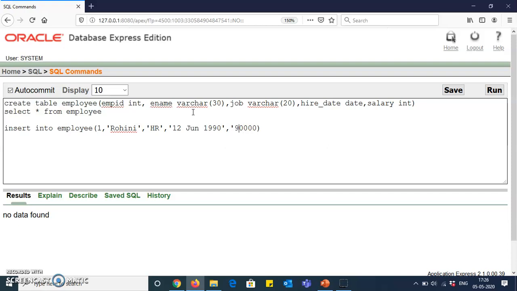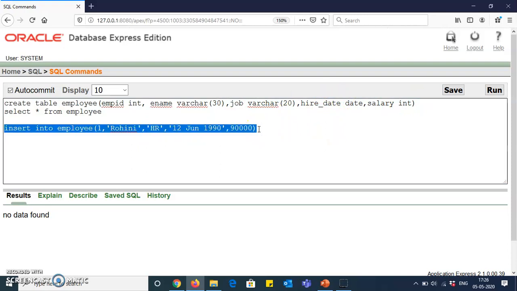It should not be in single quotes. So I have specified all the things: one is EMP-ID, second is ename, third is job HR, hire date and salary. See, it is mandatory to fill all the details while inserting data into a table. If you leave anything blank, it will give you an error.